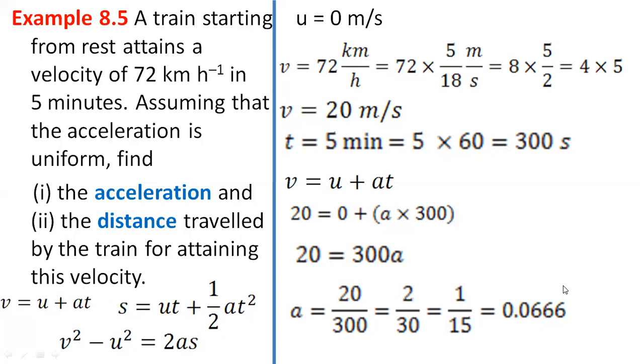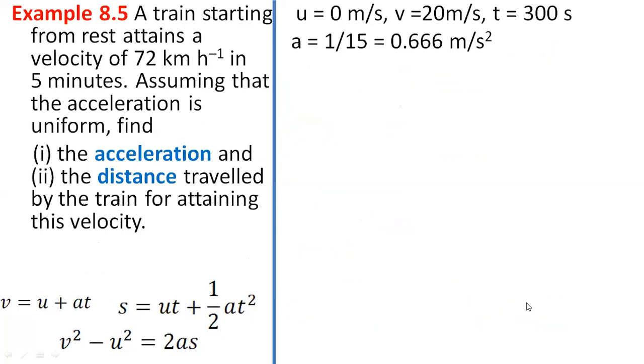Okay. And what would be the unit of this? This is acceleration, so the unit would be meter per second square. Simple. Now we already have the acceleration. So we have found acceleration. The second quantity they are asking us to calculate is distance. Okay, distance they are asking. Now for calculating distance, that means they are asking us the value of s.